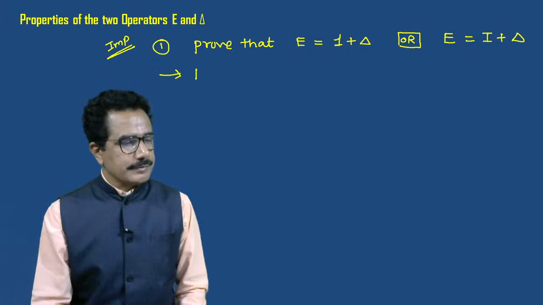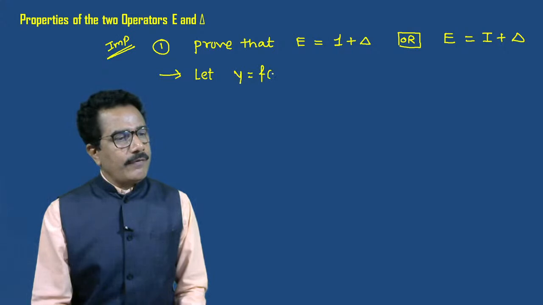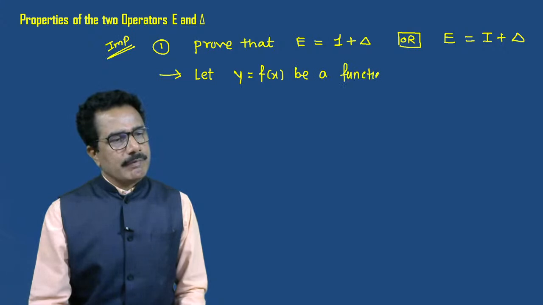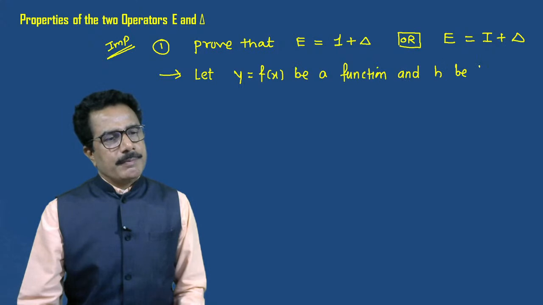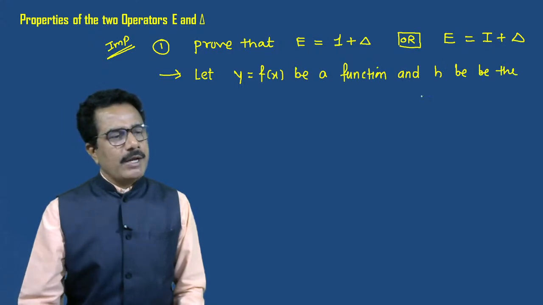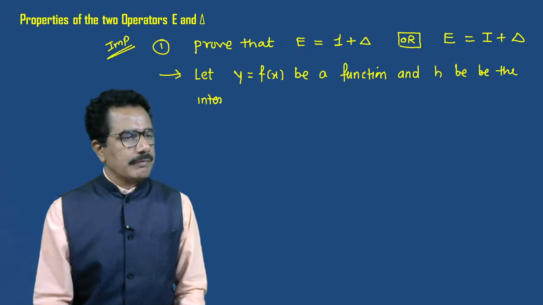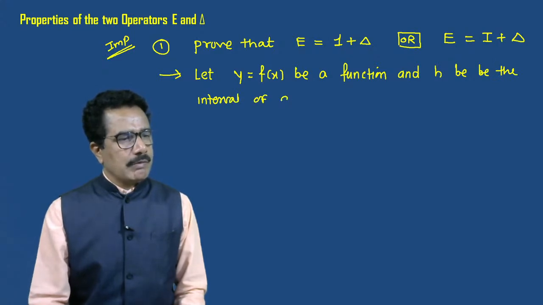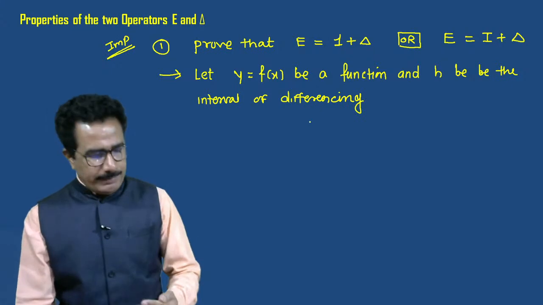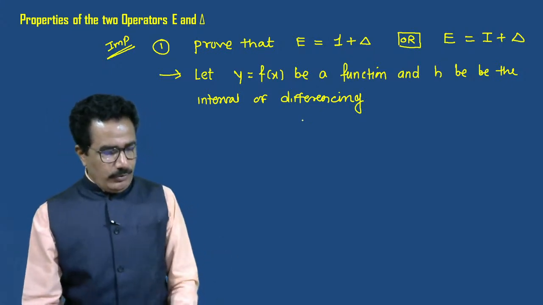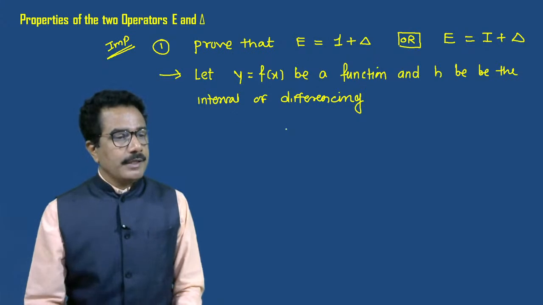Now you tell me what is meant by delta f of x. Let y equal to f of x be a function and h be the interval of differencing. Then we have the relation. We know the relation. What is the relation? We have